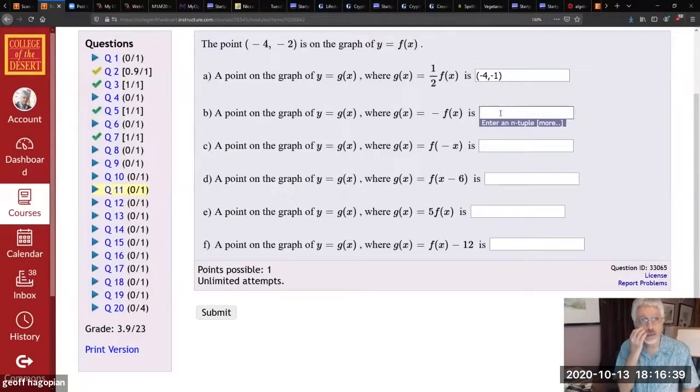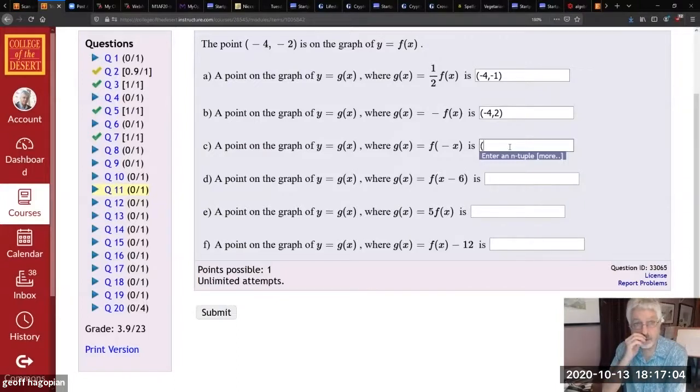If you negate the output, then the input -4 will go to +2, right? If you negate the input,